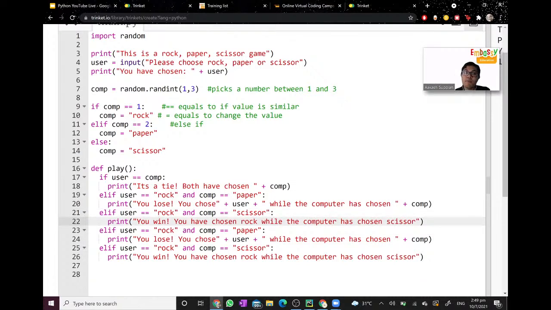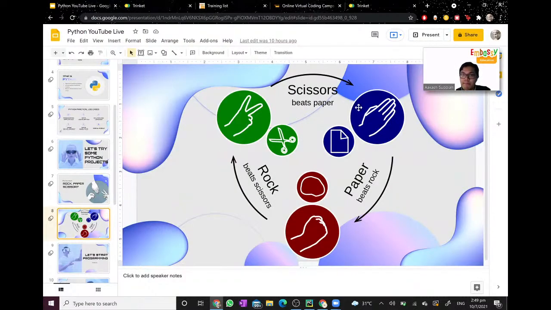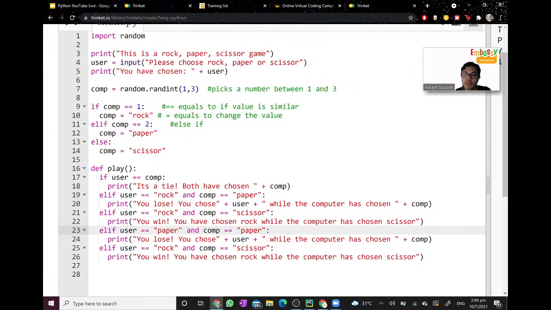So now let's do paper lose, paper win, okay? So type in paper here. And now for paper, paper loses against what? So let's look into our Python here. Paper loses against scissors. Let's change the computer's choice to scissors. And the reason why previously I used the dynamic option is that now I do not have to change this line, because this line will automatically change depending on the values of comp and user.